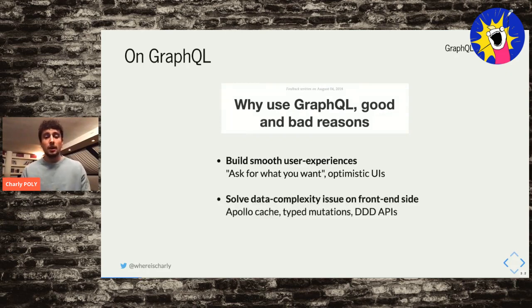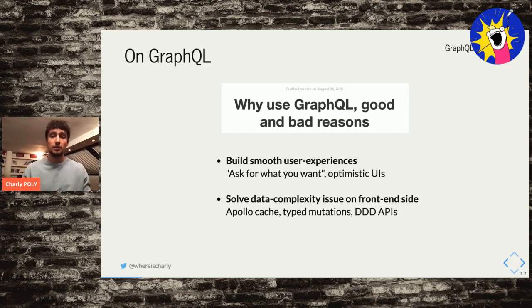The second one was GraphQL is good to solve data complexity issues on the front end. So if you were working with big SPA in the past, or even now using REST API that provide only endpoints for models or for maybe relationships, you will have to query a lot of APIs and do all the crunching of the data on the client side, and maybe eventually put this data in a cache, like using Redux or maybe MobX tree. And all this is solved by, on one side, GraphQL itself by design, because